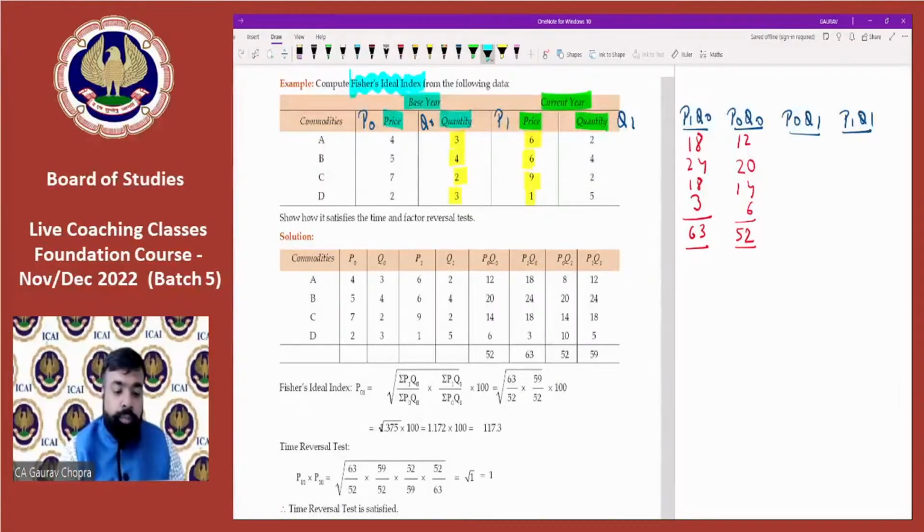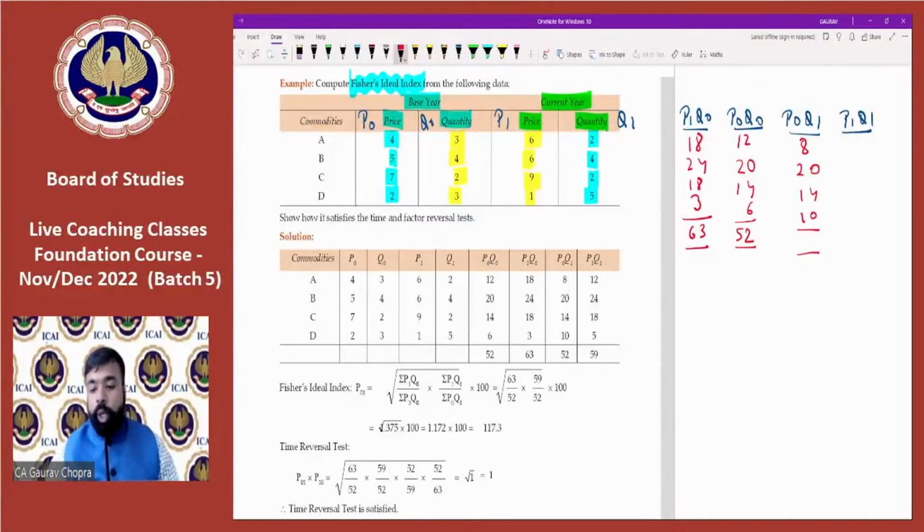P0 Q1. 4 into 2, 8. Then 5 into 4, 20. 7 into 2, 14. And 2 into 5, 10. Now we can again add them. How much are we getting? 52. And the last one, P1